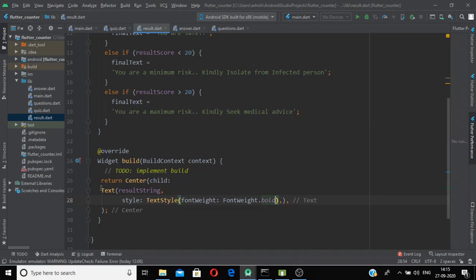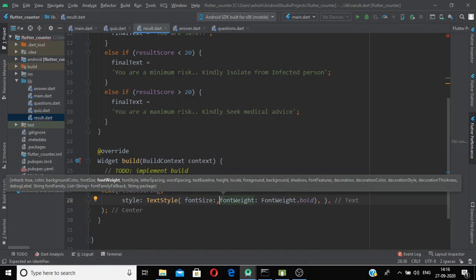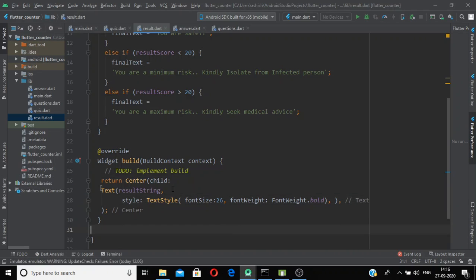Okay, then we can use the font size. We can use the font size to 26. And one more thing,